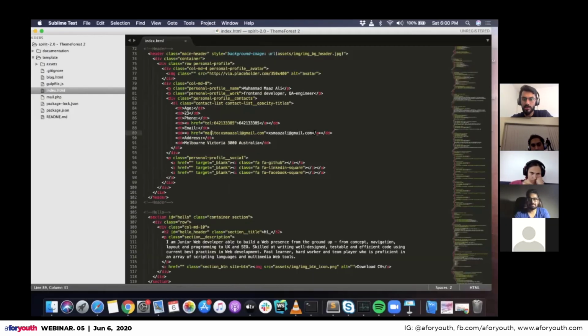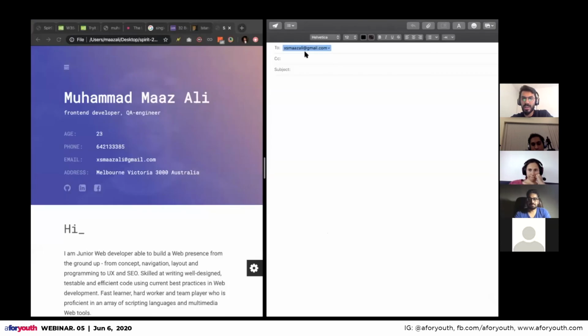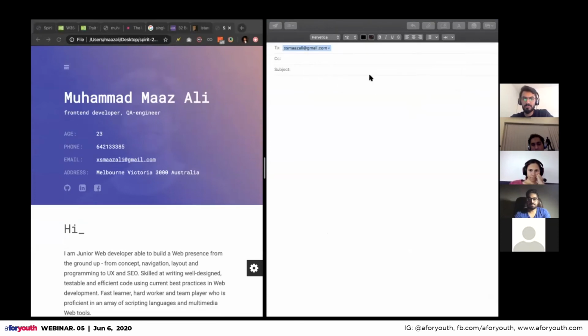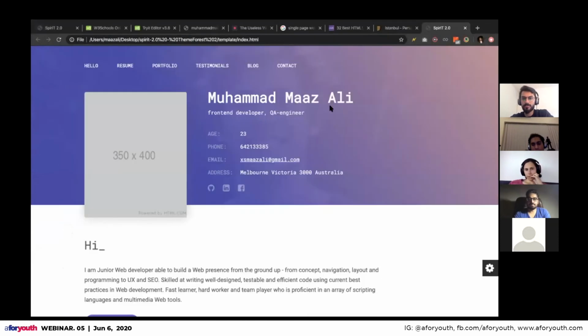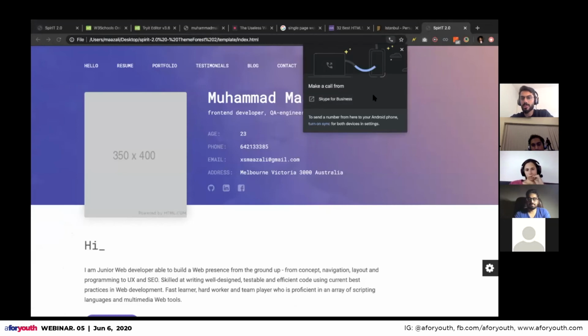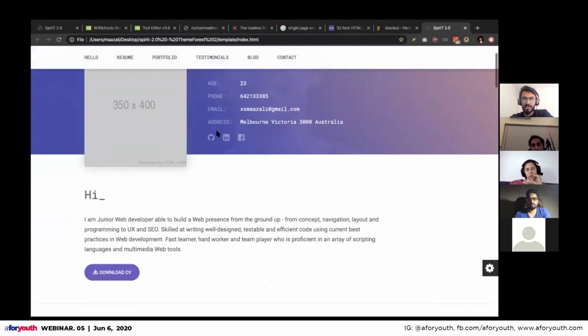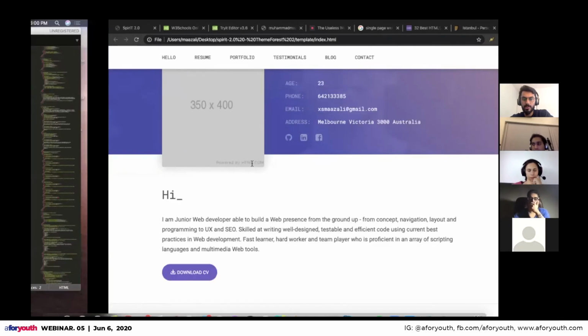This was the simple text, and this was where you wanted it to go. The same goes for this phone number: it will actually make a call to my number. And the same goes for the Facebook, LinkedIn and GitHub profiles as well.